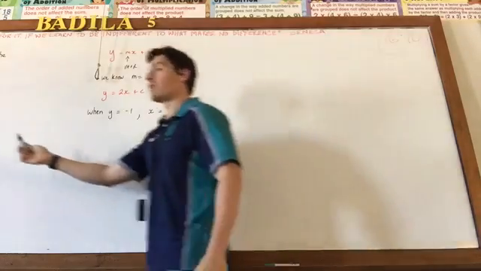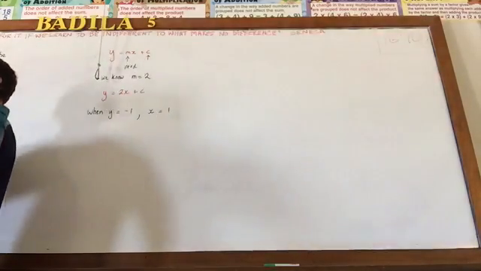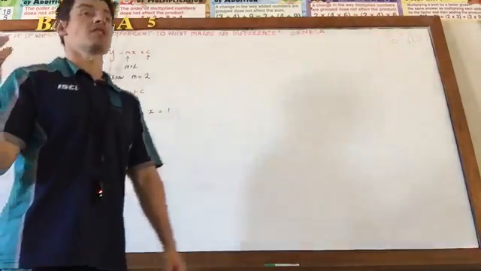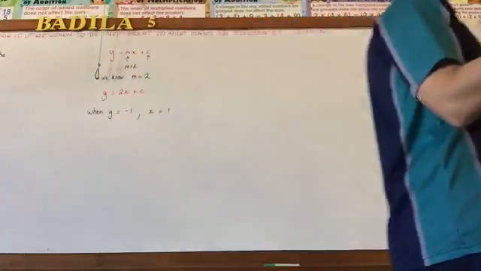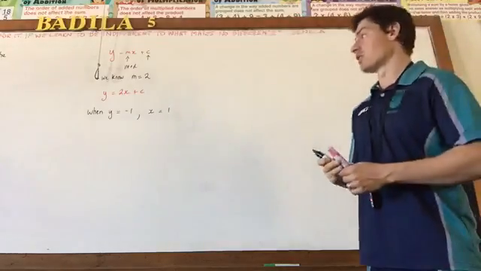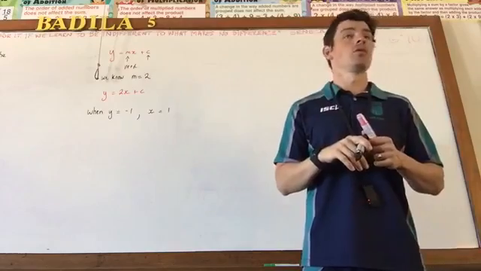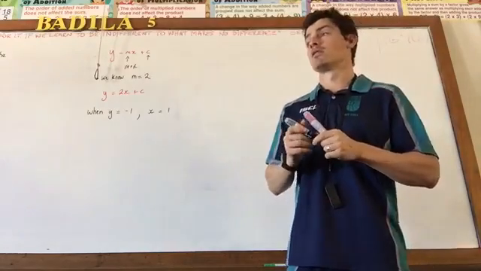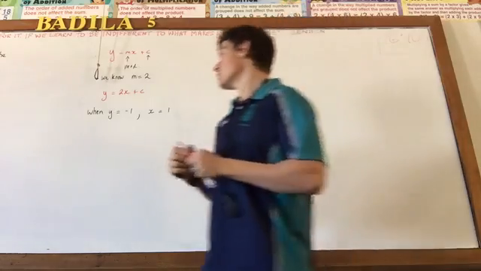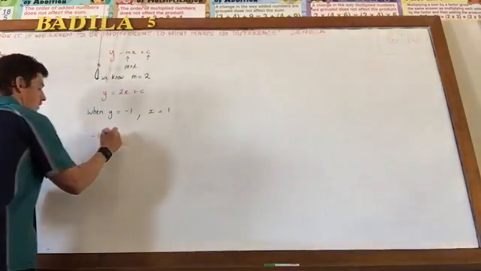If it passes through that coordinate, 1, negative 1, when x equals 1, y must equal negative 1. So now how many things, if I rewrite my equation, will I not know? What's that one thing? C. So negative 1 equals 2